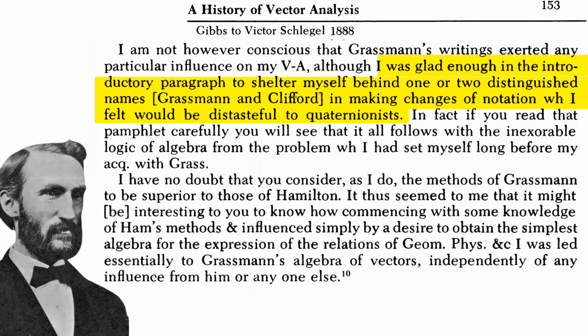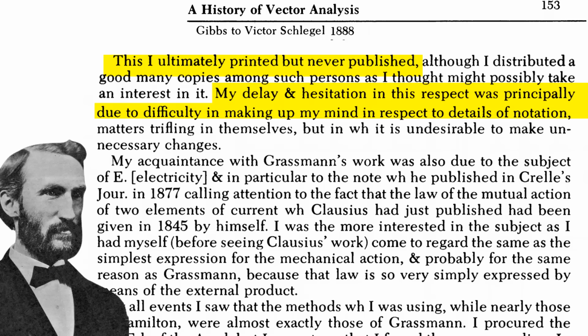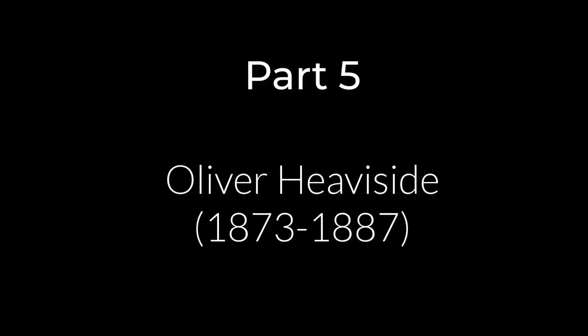Gibbs wrote to a friend that he was glad enough for the introductory paragraph "to shelter myself behind one or two distinguished names in making changes of notation, which I felt would be distasteful to quaternionists." Gibbs had vector algebra right there with some pretty big names to back him up, and he printed it, but he delayed and delayed publishing it due to "difficulty in making up my mind in respect to the details of notation." Meanwhile, in England, a former telegraph operator came to the same idea, which brings us finally to Part 5,